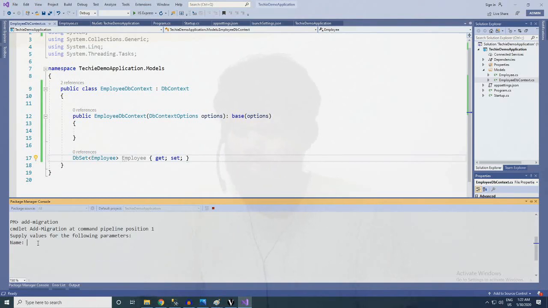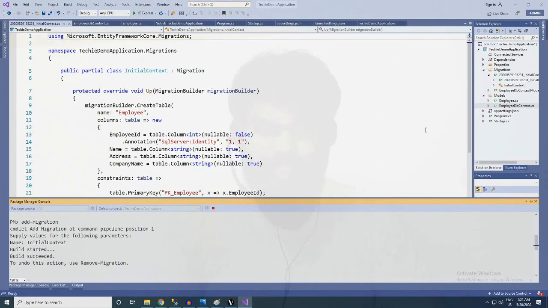So the migration needed a name, so I am entering initial context. It will get the SQL Server instance from the startup we just entered and create a migration file.